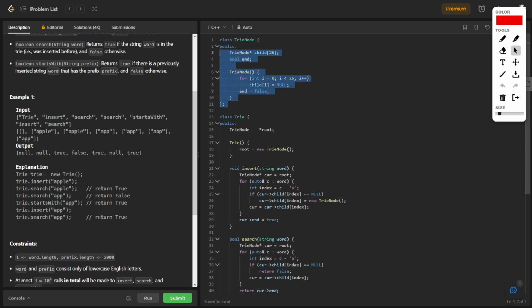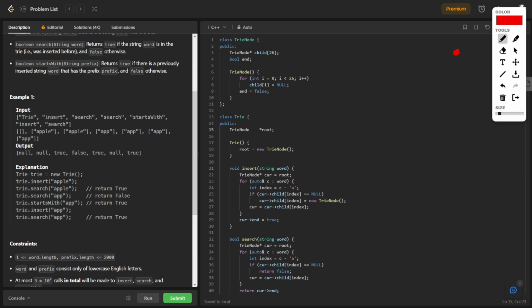let me just go through. So here I have the trie node. Each node has 26 children, so 26 is the number of alphabets. And then I have a boolean here that will tell me whether or not this specific node is the end. I'll explain why we need it later, but just know that this trie node will initialize all the children as null, and end as false when it is constructed. Okay, so when I have my node starting out like this,